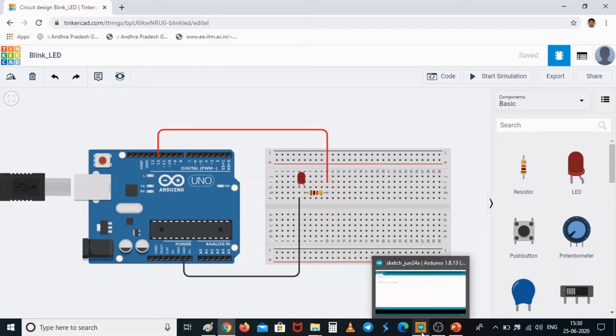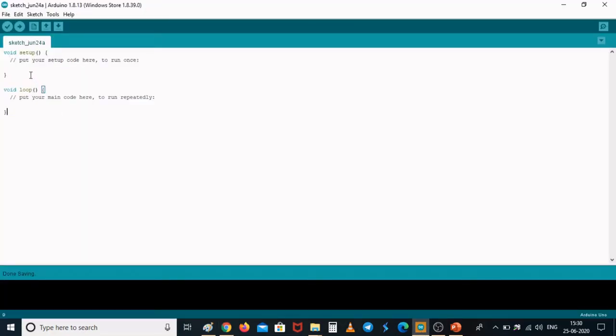These are the simple connections, and we'll see how we write the code using this Arduino IDE. Then we will verify whether the code is correct or not. Then we'll try to upload it onto the physical board. Let me show you how to write a program for glowing this LED. Firstly, I have to assign pin number 12 as an output. The built-in function is pinMode, your pin number is 12, and you assign it as output mode. Now pin number 12 in the Arduino board is an output pin.